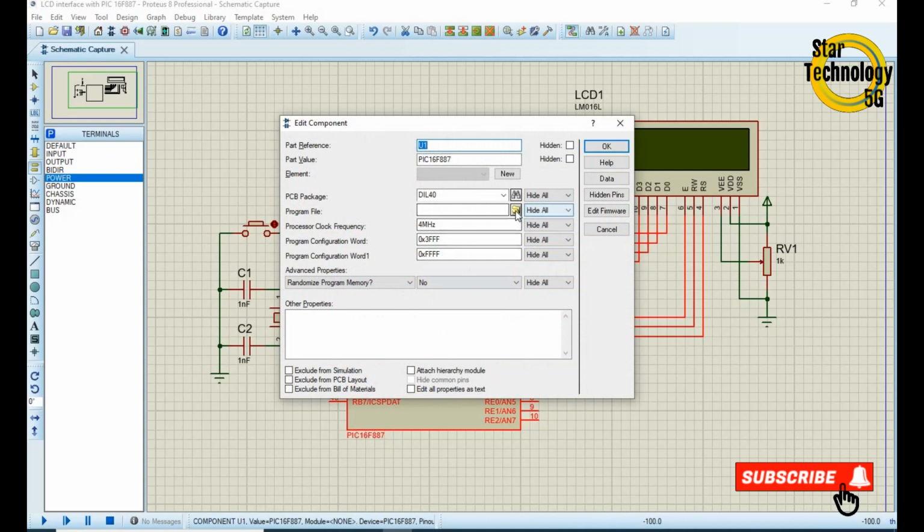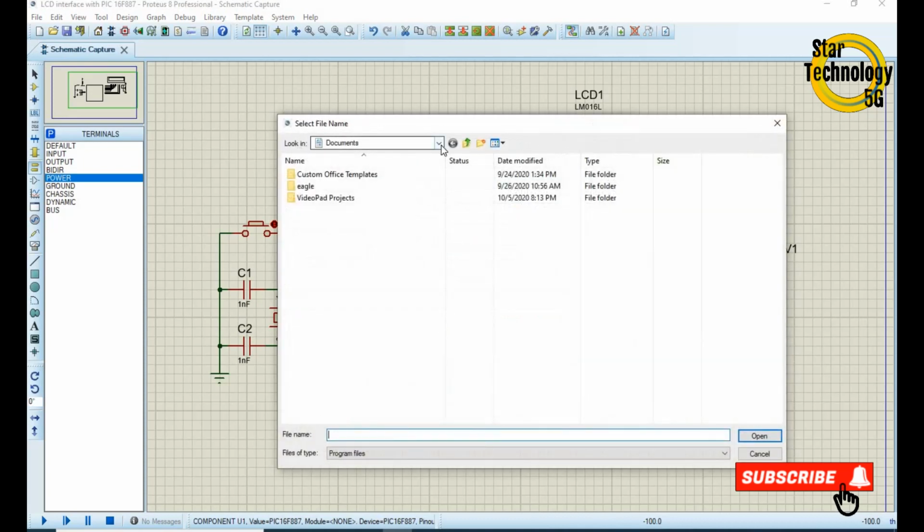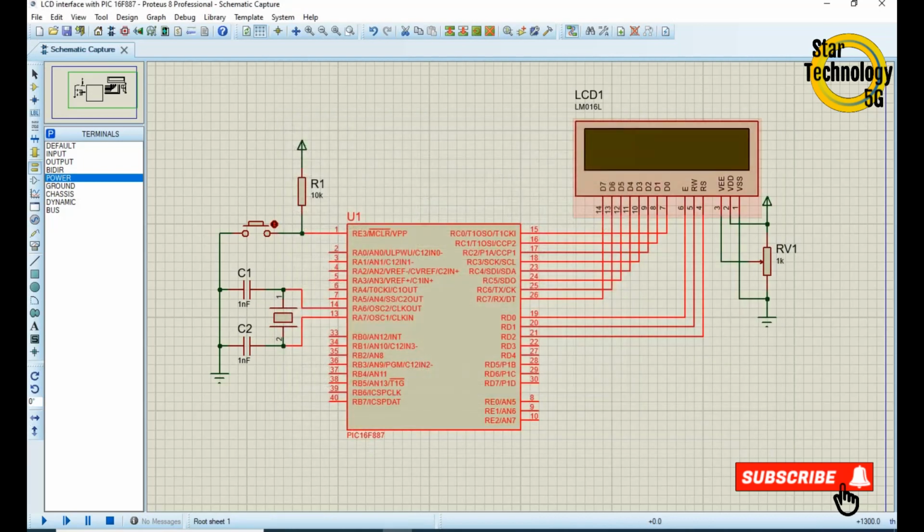Double click on the controller, set hex file, desktop, LCD, 8-bit LCD mode. Here is the hex file. The extension of the hex file is .hex. Open, OK, and run simulation.